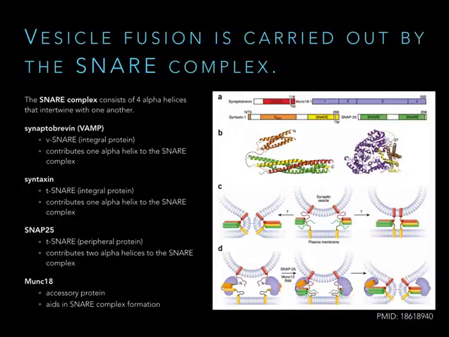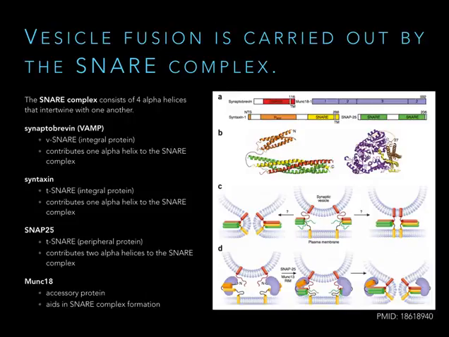Now the actual fusion of vesicles is carried out by the snare complex. We're going to walk through these steps a couple of times in just a moment, but let's familiarize ourselves with the players. The snare complex is this collection of proteins. There's a few different ones. They wrap around each other. It contains 4 alpha helices. An alpha helix is just a basic unit of secondary structure that proteins adopt. So it's a helix. It's kind of like a little spring, and there's 4 of those kind of wrapped around